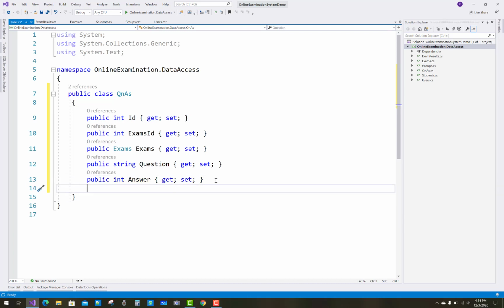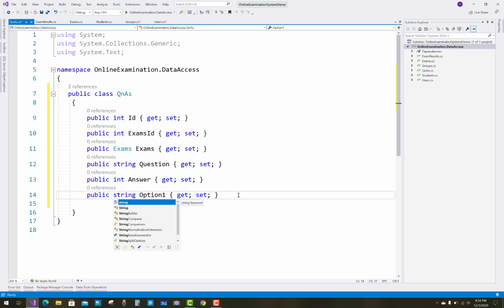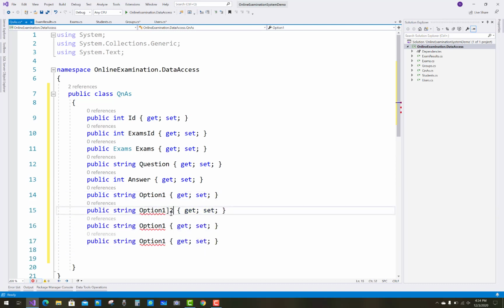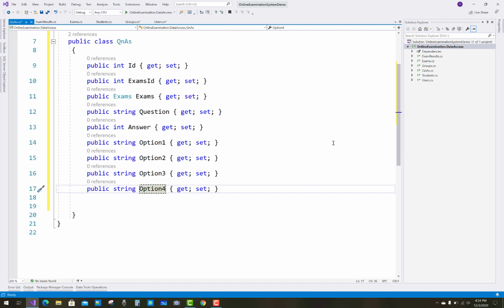Option is also there, so option 1, option 2, option 3, option 1, that is of type string. There are 4 options, and a question answer has exam results, so multiple exam results you can say.